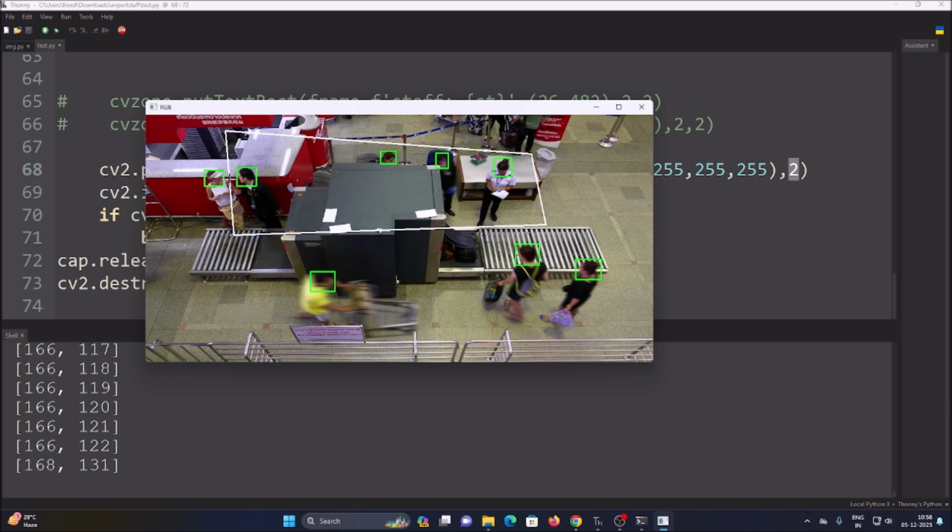So if the person is in this particular area, because this is the restricted area used only for airport staff purposes, this is my region of interest area. If the person is in this particular area, we can say this is the airport staff. And if the person is out of our area, then of course it is a passenger. Simple. So now we are going to use this rectangle